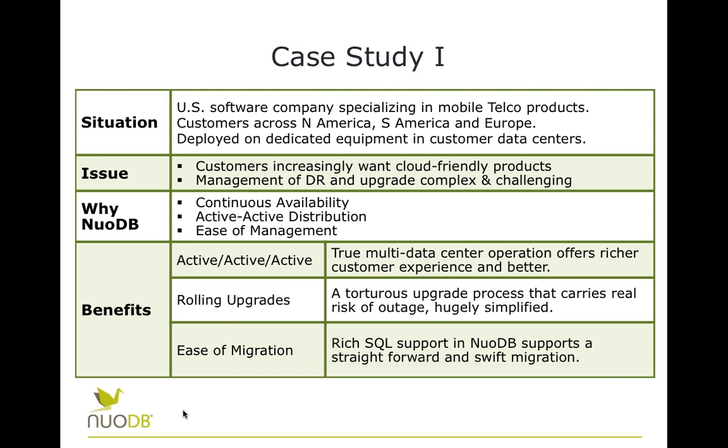And that was what this particular vendor was looking for. Ease of management I talked about, better continuous availability, not just high availability, but continuous availability, and active distribution. As I say, they were operating in one with a second DR. In order to roll this service out and to make the revenue on it that they really feel is there to make, they have to deploy this multi data center, and that's what we're hoping to deliver to them.